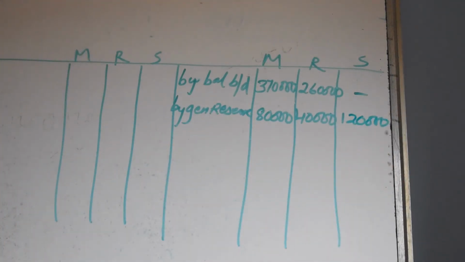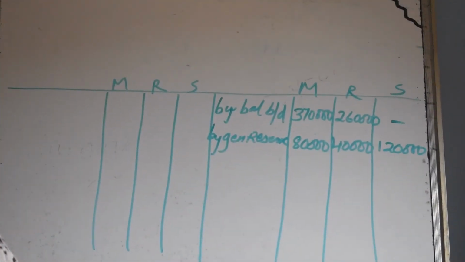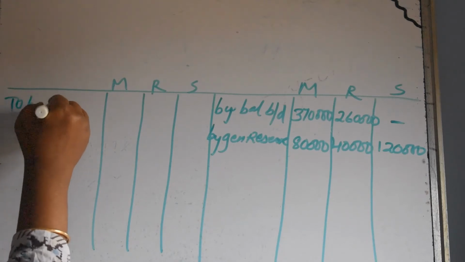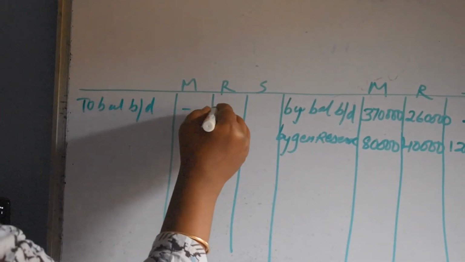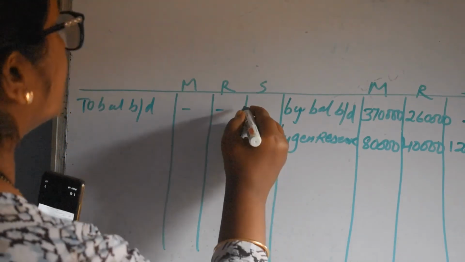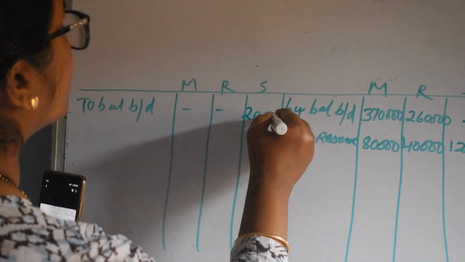Okay. At the old balance sheet, on the liability side, now come to the asset side. You have to check both the sides. Building, machinery, debtors, stock. S capital is given on the asset side. That means what? S is having a debit balance. So bring it this side, to balance brought down. S capital is 20,000.